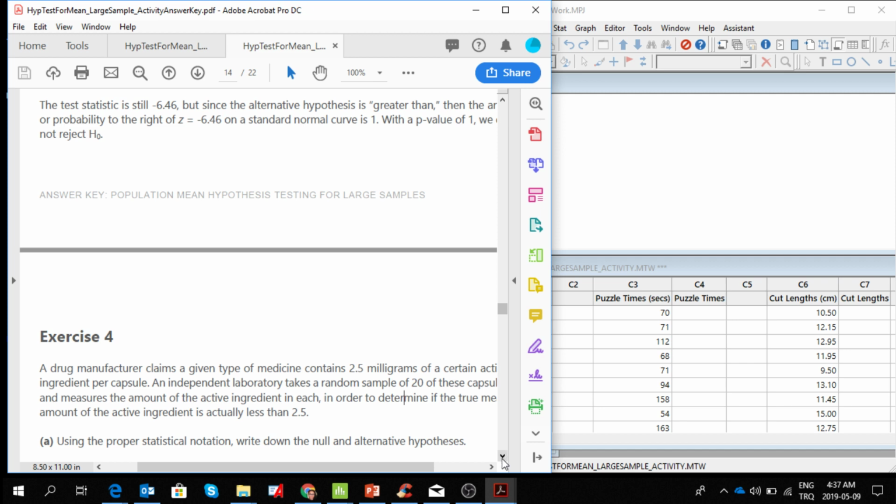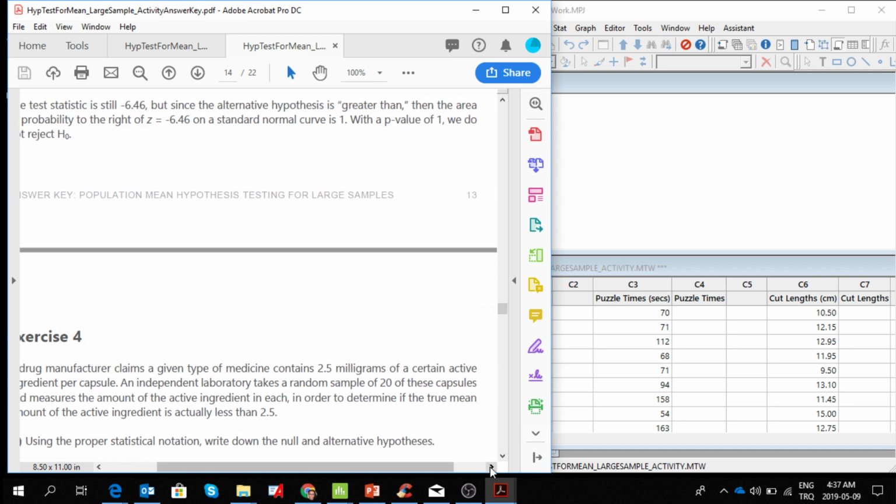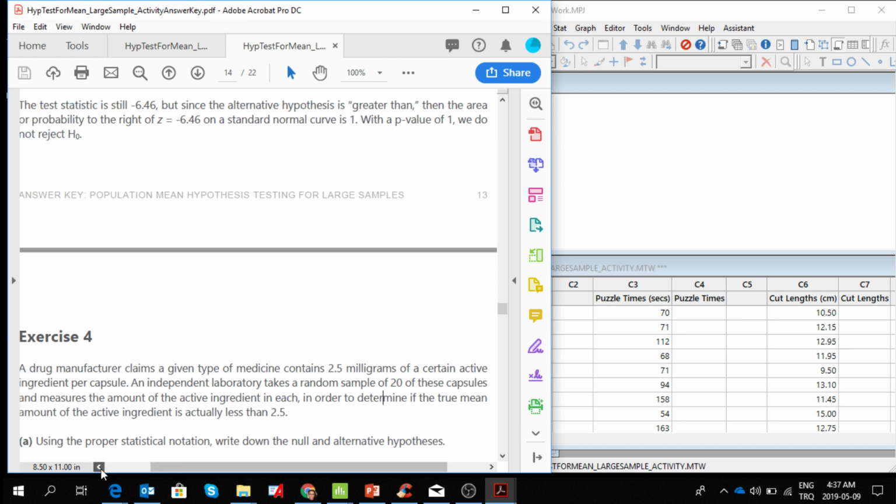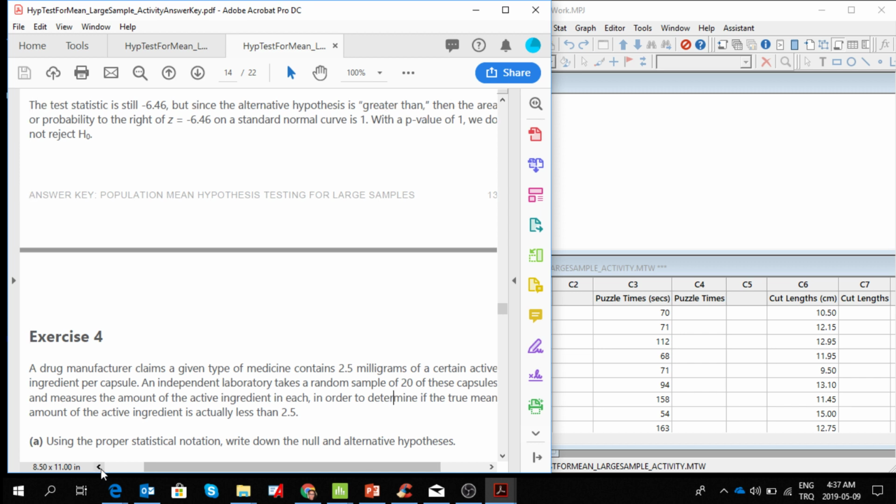A drug manufacturer claims a given type of medicine contains 2.5 milligrams of a certain active ingredient per capsule. An independent laboratory takes a random sample of 20 of these capsules and measures the amount of active ingredient in each in order to determine if the true mean amount of the active ingredient is actually less than 2.5. So if you summarize it,